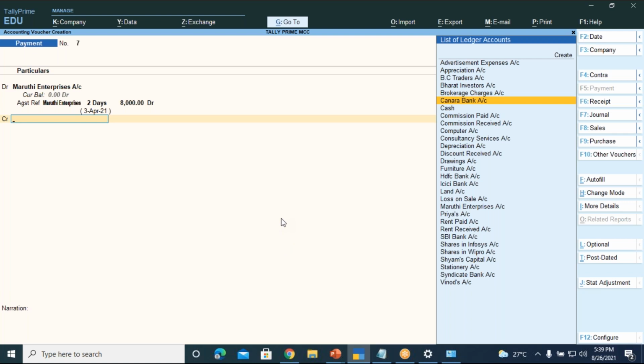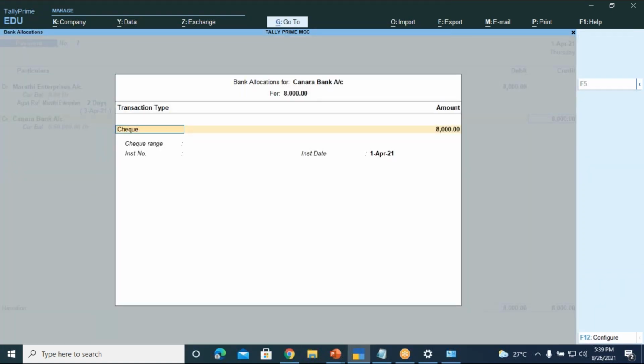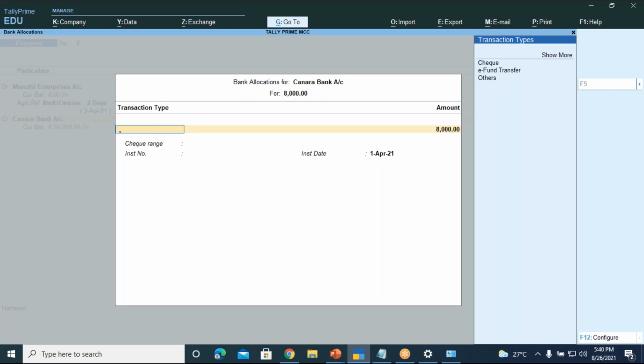Now, in case I'm choosing bank, if I'm making the payment through GPay, Google Pay or PhonePe or whatever it is, I can do that. How? I can choose the bank, press enter. As I've explained earlier in the contra vouchers, we can change the mode. So press the space bar and you have show mode, right? Now here you have ATM, card, check, ECS, e-fund transfer, others. So in case you wish to select ATM, select card. Anyhow, if I'm using GPay, then I will go for others. So I'll select others,